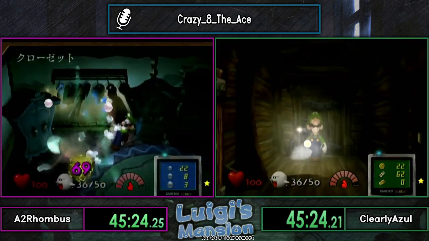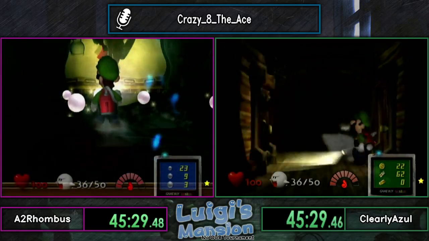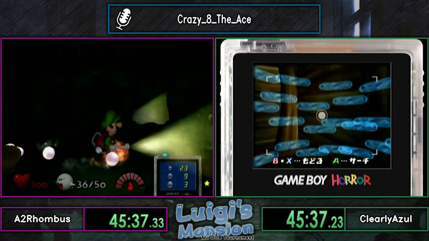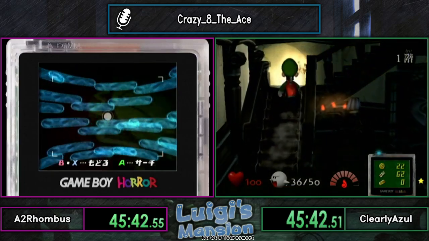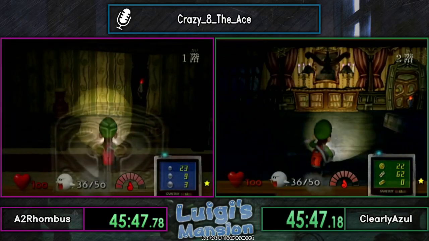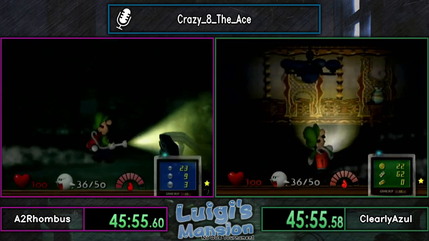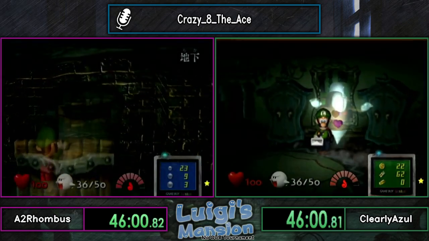Rhombus here getting a 1 second Uncle Grimly, which is very good. And Azul here is going to face Uncle Grimly right now. But Uncle Grimly can break a run. I've had, I think, a 20-second Grimly before, but the world record that we have for him so far is 48 seconds by the one and only HT Delta. That's just 48 seconds down the drain. There's no recovering from that in Area 4. Well, I mean, I guess you can, but it's definitely...